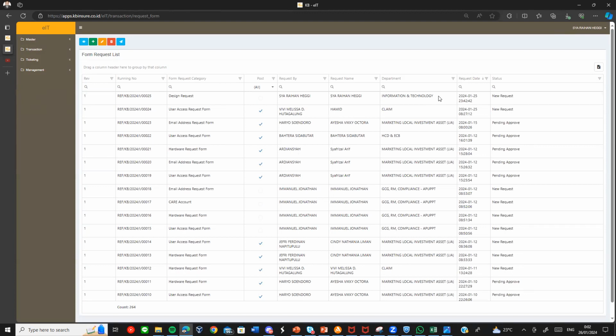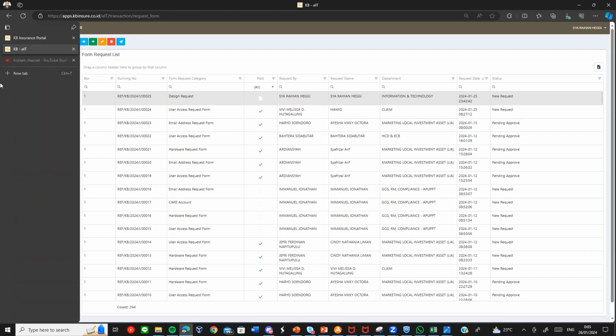If we want to continue the process, we need to post this request using the posting request button, and it goes to the approval section. After the approval, the IT will conduct the procedure.